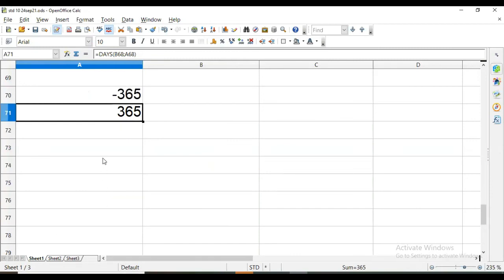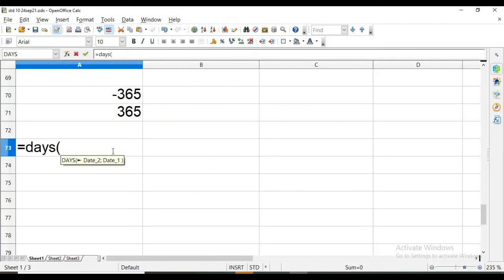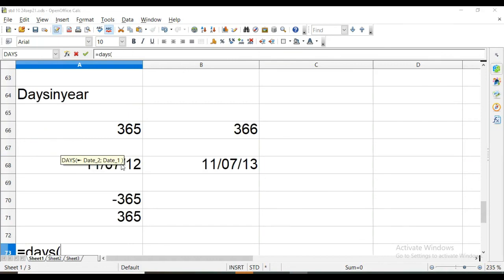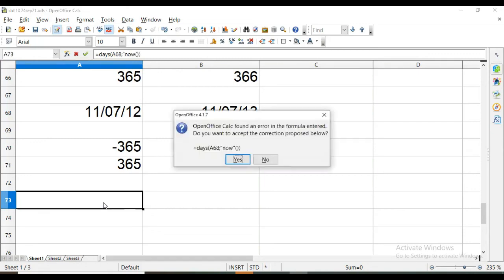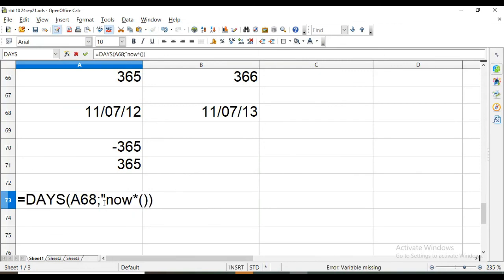Now again we are using the DAYS function to get, with a semicolon, the number of days between today's date and the given date, that is 11 July 2012.